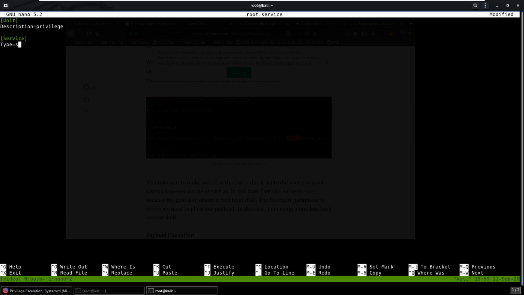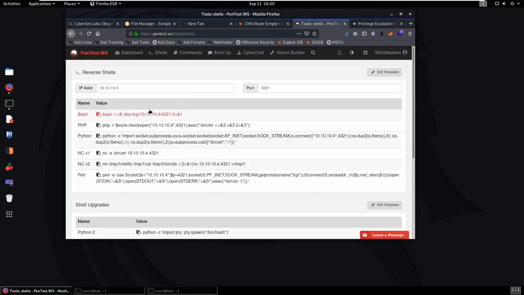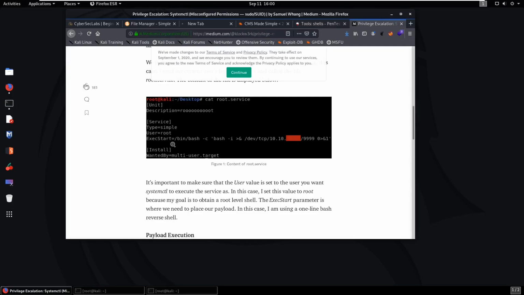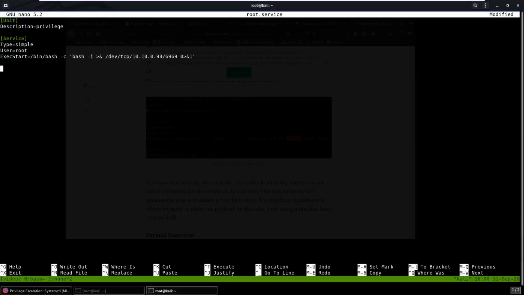We do Type equals simple, User. As he mentioned, you have to put root or whatever user you want to be. ExecStart, and then we can do /bin/bash -c, so execute a command. We can just use bash like he did, 10.10.0.98. We just leave it on port, actually, we'll just do 6969. Grab this, place it in here, and if we go back over here,